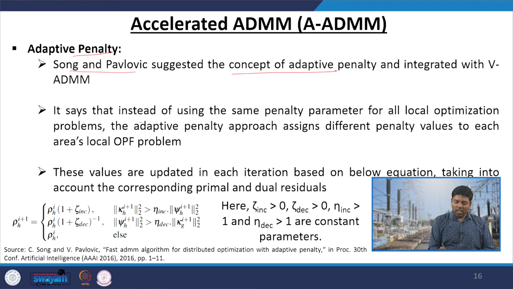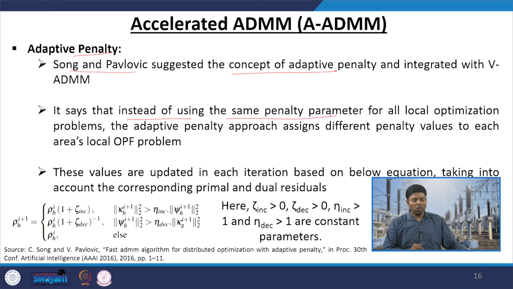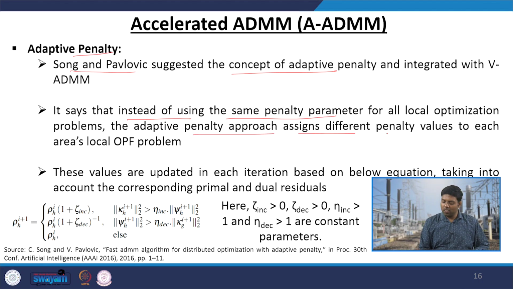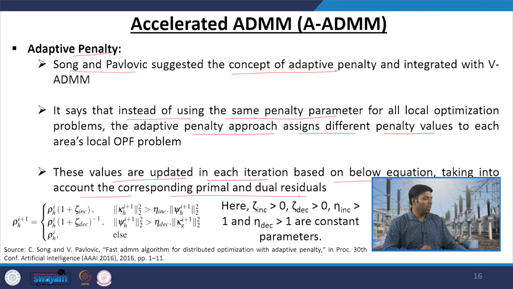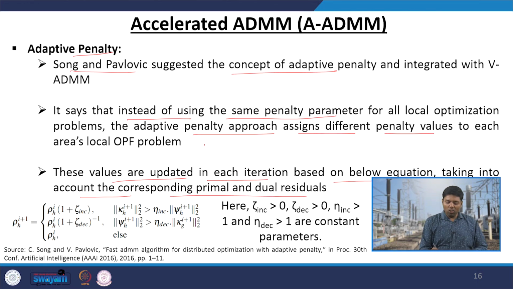What they say is, instead of using the same penalty parameter for all the local optimization problems, the adaptive penalty approach assigns different penalty values to each area's local OPF. Again, these values are updated in each iteration based on the equation below, taking into account the corresponding primal and dual residuals. That means you will not only assign different penalty parameter values for the different areas depending upon their size,